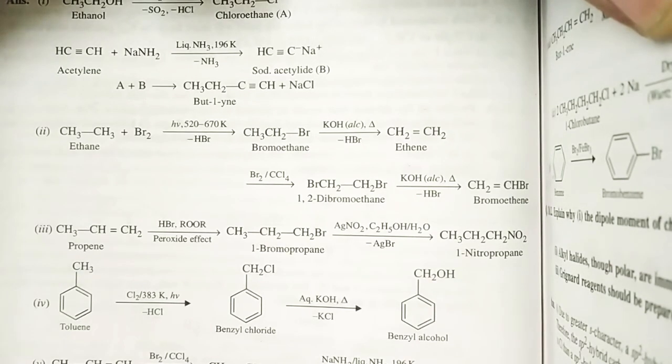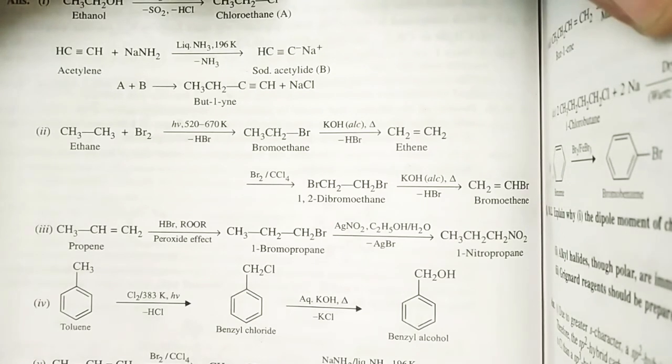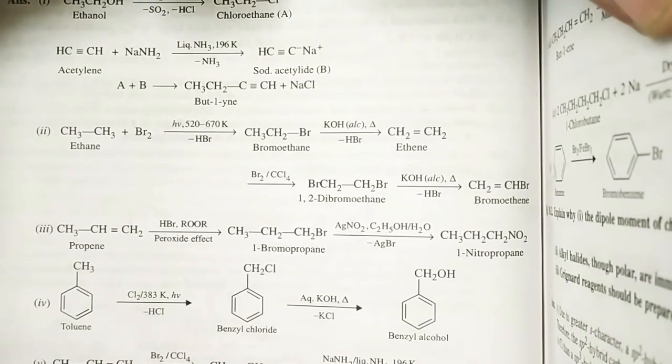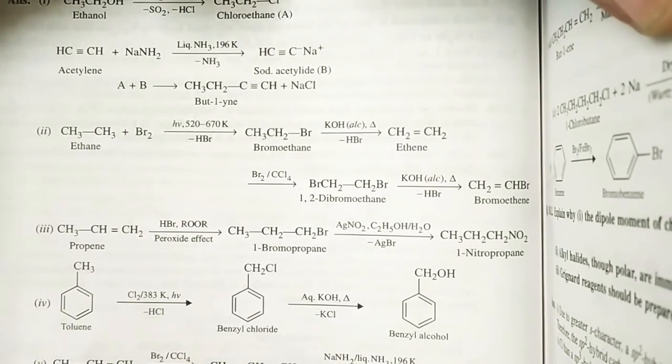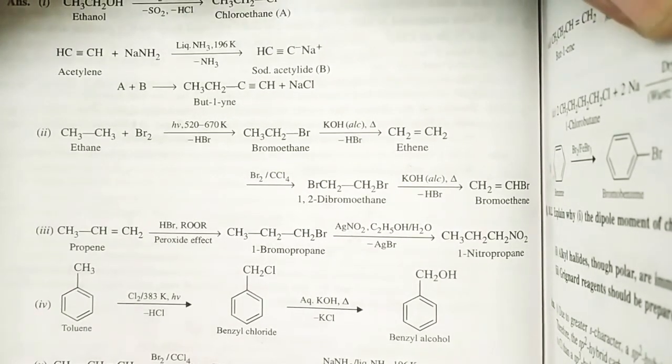Same way, the next process is I want to prepare propyne from propene. So alkene to alkyne. It's simple. First propene reacts with bromine. It's a simple electrophilic addition reaction, and we get a vicinal dihalide, 1,2-dibromopropane. The vicinal dihalide then undergoes elimination with the help of sodamide in presence of liquid ammonia. So there is a removal of bromine from the alpha carbon and hydrogen from the beta carbon, or both carbons, because here 2 moles of HBr are removed. So we get the product propyne.